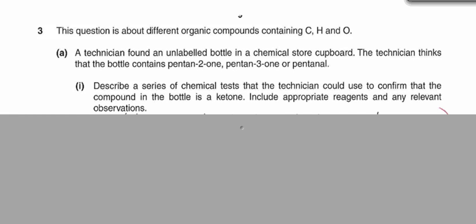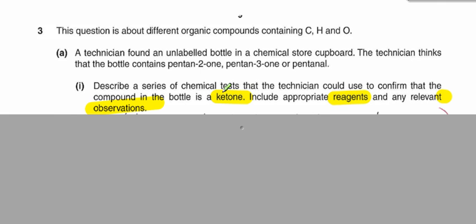F324 January 2012 question 3. This question's all about a disorganized technician who can't really keep his store cupboard in order, but the technician thinks that he's got a bottle of Pentan-2-one, Pentan-3-one or Pentanal. And what we have to do is describe a series of chemical tests to confirm that the bottle actually has a ketone in it. So include appropriate reagents and any relevant